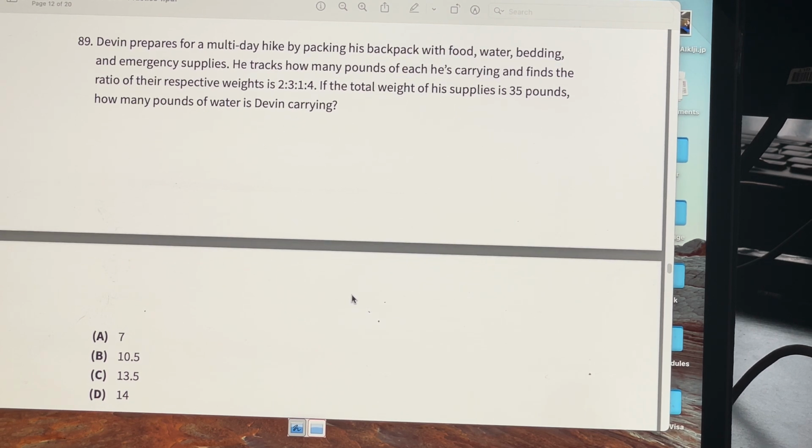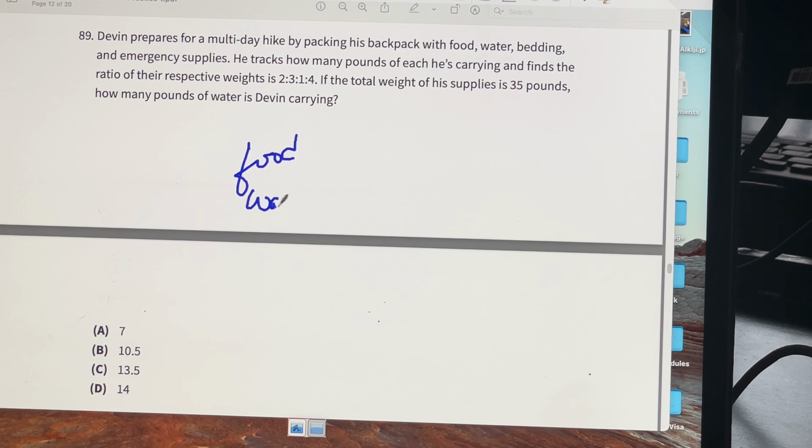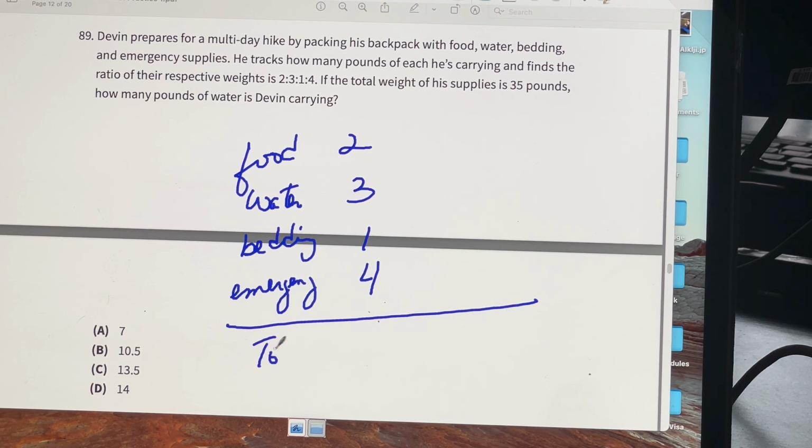89. So the weights of food, water, bedding, and emergency items that he's bringing are in the ratio of 2 to 3 to 1 to 4. Okay? So let's find the total. It's always nice when we find the total. So the total here is 10. Now, that's the ratio, right? So if he's carrying 35 pounds of these items,